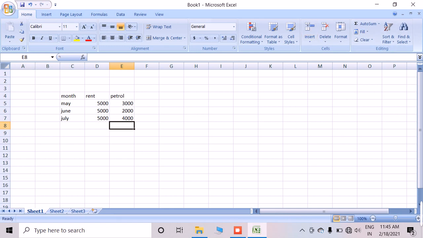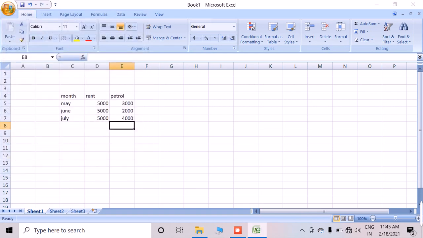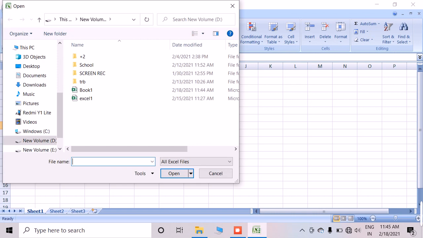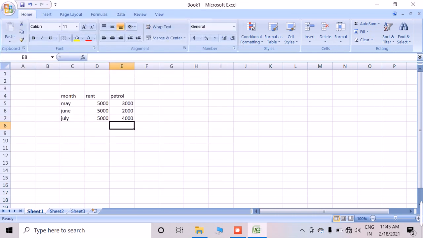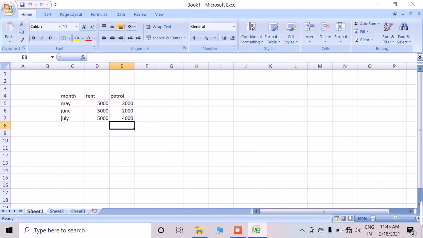Go to the File tab, go to Open, or else we have recent documents here itself. So I am going to Open. On that we have selected D drive. On that itself you need to select Book1. Just click Open, and automatically Book1 will be opened. Or else if you need to open a file stored on the internet, go to OneDrive, and on that, Personal, you can open a file stored on the internet.